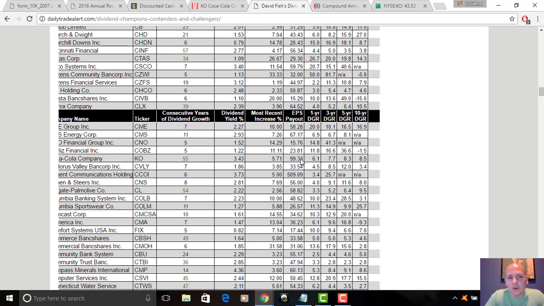And so that leaves very little room for future dividend increases from here. And I think I'm a shareholder of Coca-Cola. I've owned the stock since the first time I bought Coke, which was the summer of 2010. I started investing in the summer of 2010. I started dividend growth investing in the summer of 2010, so it's been about 7 years now. And it was one of the first stocks I bought.